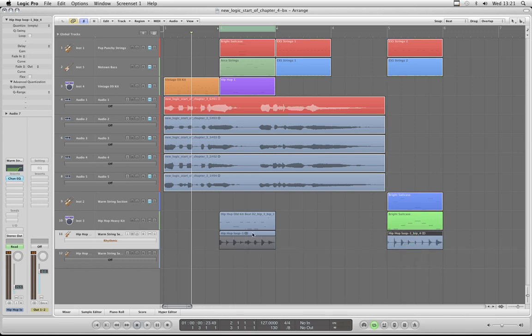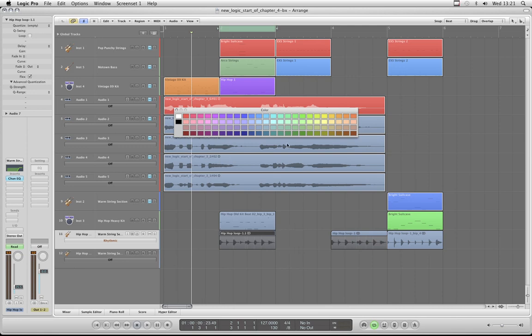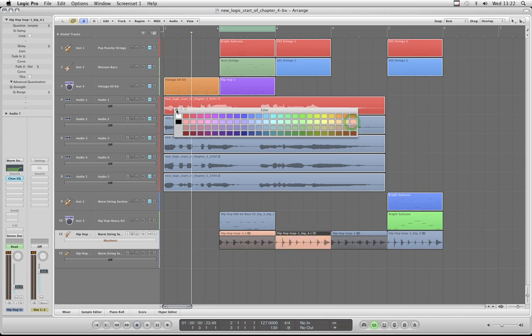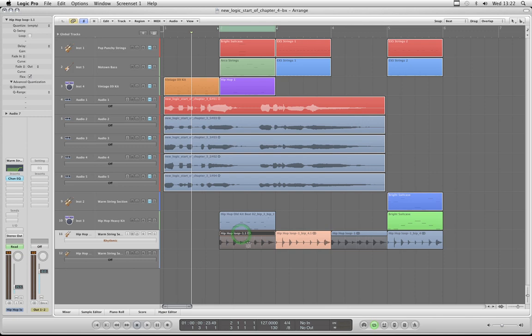Okay, so let's drag off a copy of this loop, and I'm going to colour it, I don't know, this pink, salmony pink colour there. Then I'm going to drag off a copy of my hats only audio loop, and I'm going to colour that a pink colour. Okay, now I'm going to retitle the main audio loop, which is all of the drum sounds and not the hats only filtered out. I'm going to retitle that one hip hop